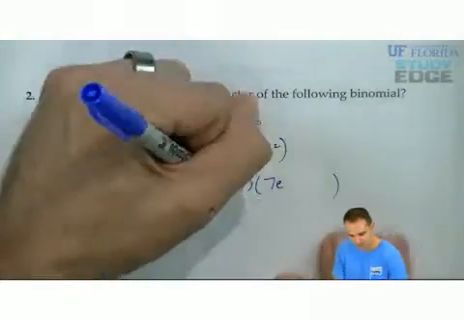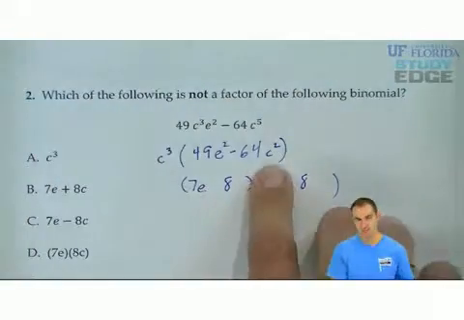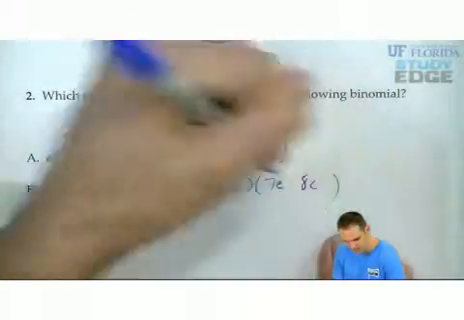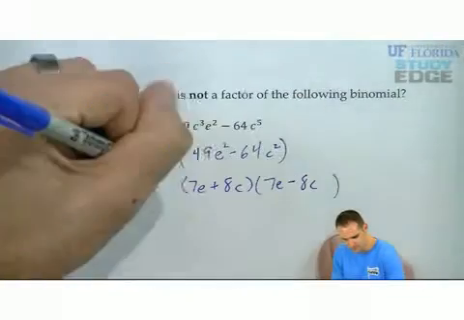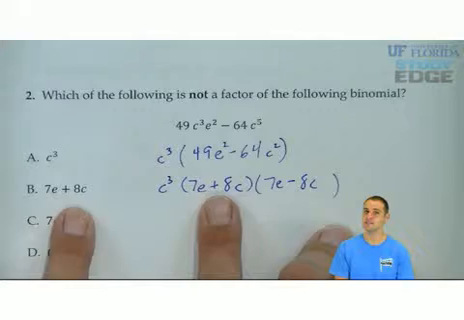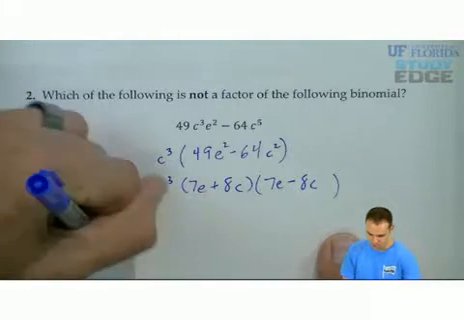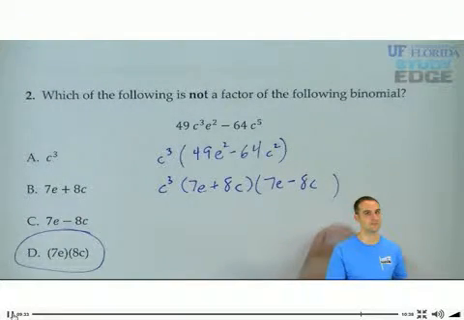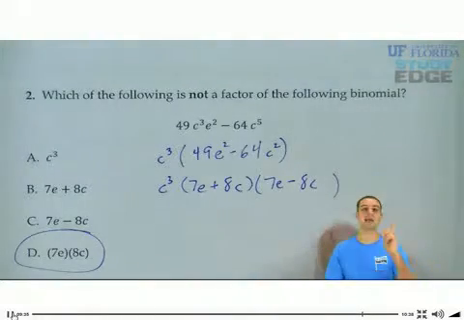Square root of 64 is 8 and 8. C squared would be C and C. 1 plus, 1 minus, and bring the C cubed down. That's a factor, that's a factor, that's a factor. No, it's not. Here's your answer. I got one more to